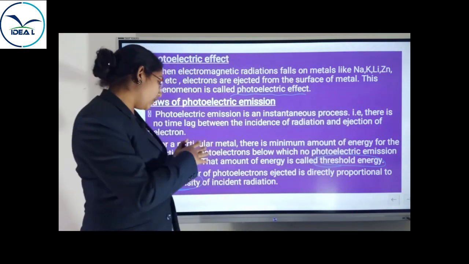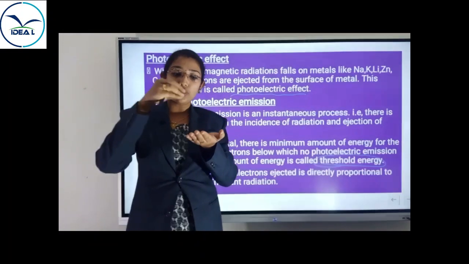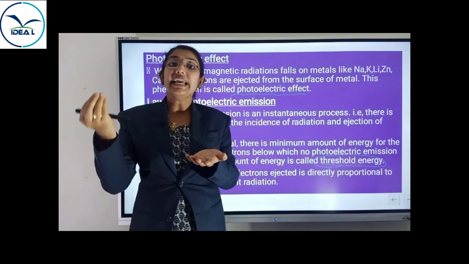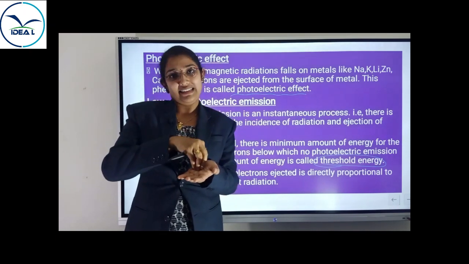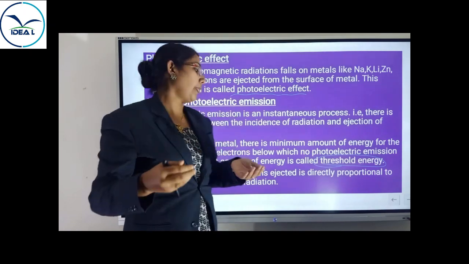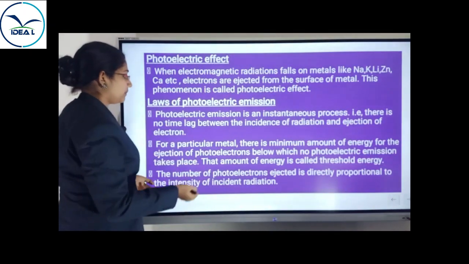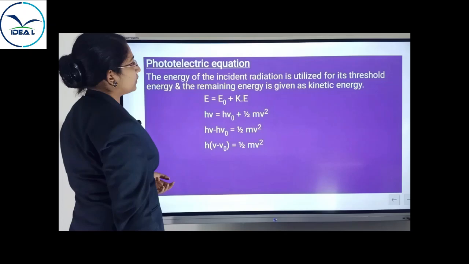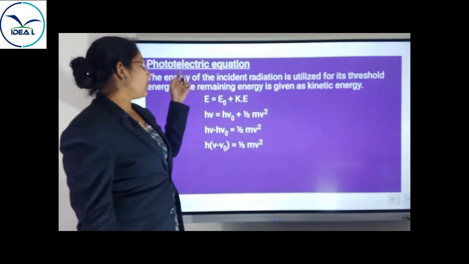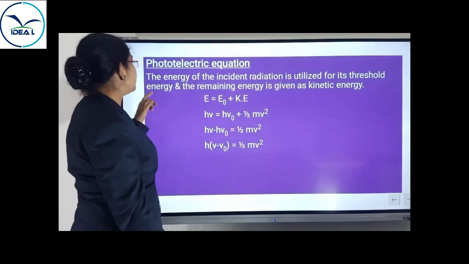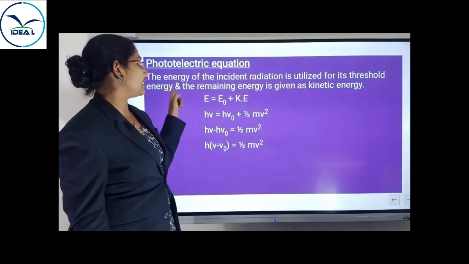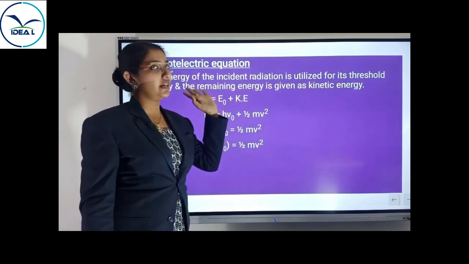Okay, and the third law is the number of photoelectrons ejected is directly proportional to the intensity of light, intensity of radiation. Okay, this is very important. Related to the photoelectric effect, photoelectric equations are also given. The energy of the incident radiation is utilized for its threshold energy and the remaining energy is given as kinetic